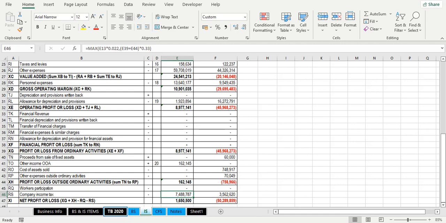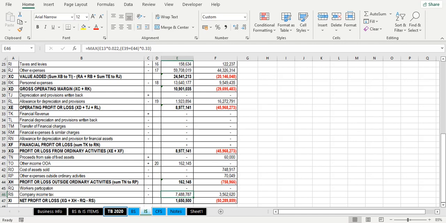And whichever is the higher is what goes as your company income tax for the year. Now, this company income tax for the year, if you pasted your trial balance before inputting this company income tax for the year, then you need to go back to your trial balance with this figure,